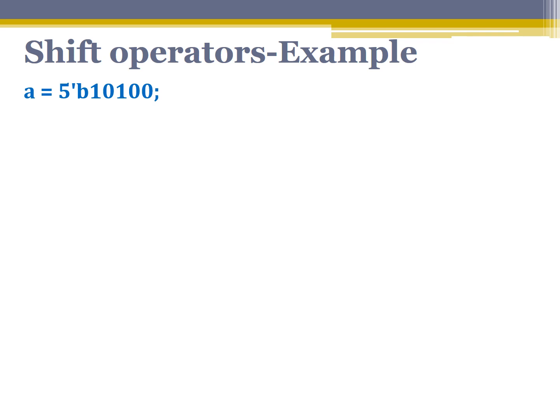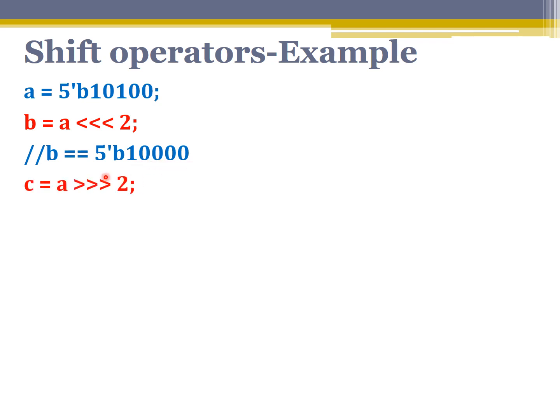So let's take another example. A is 5-bit binary 1 0 1 0 0. Here it is arithmetic left shift by 2. When we left shift by 2, we will lose the topmost, that is the most significant 2 bits. This is lost. These 3 bits come in this position, 1 0 0. Vacancy is created in the lower significant bit positions, which is filled with zeros. So we are going to get 1 followed by all zeros.